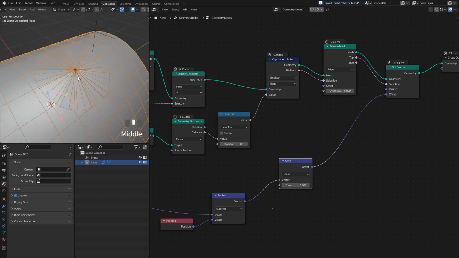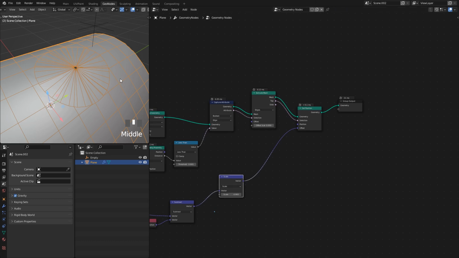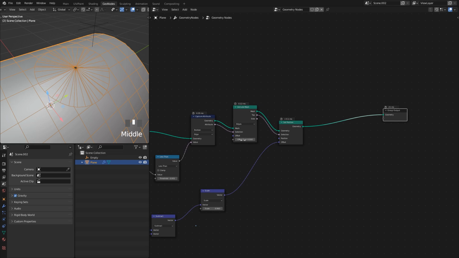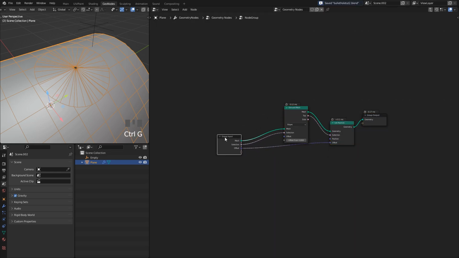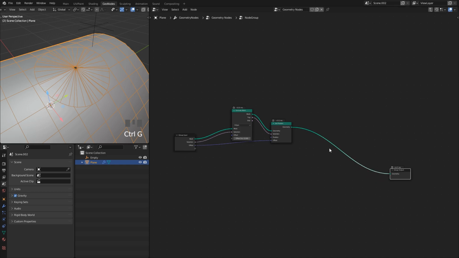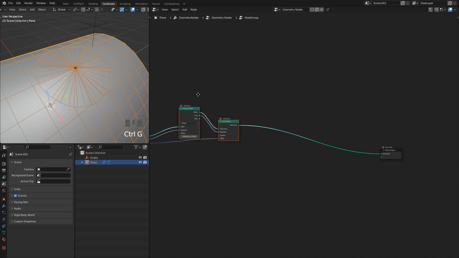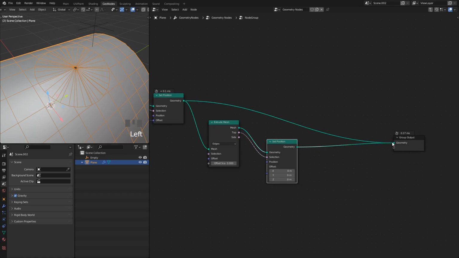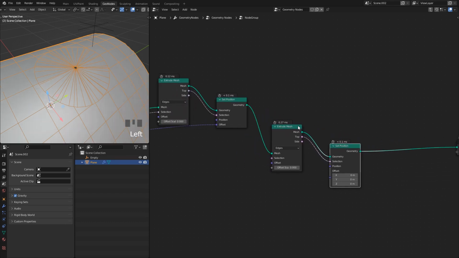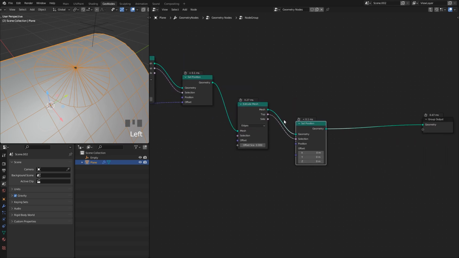However, we don't just want one face, we want multiple faces, and to do that I'll just extrude and set position like this a couple of times, and because I know this will get repetitive, I'll just go ahead and select these and group them with Ctrl G. Alright, so let's go ahead and start doing that. So literally just pick these up, take the extrude mesh, geometry into here,